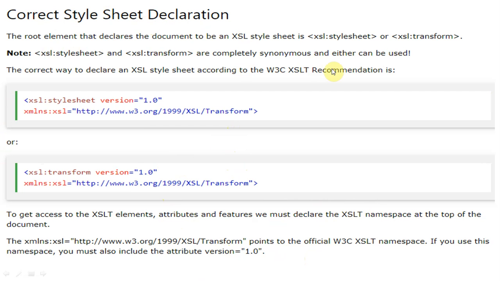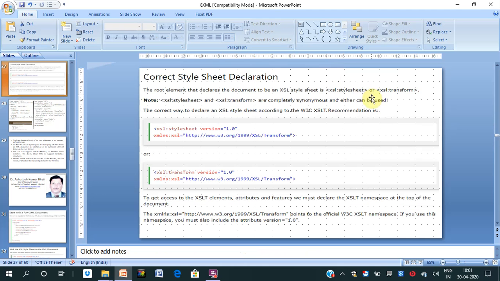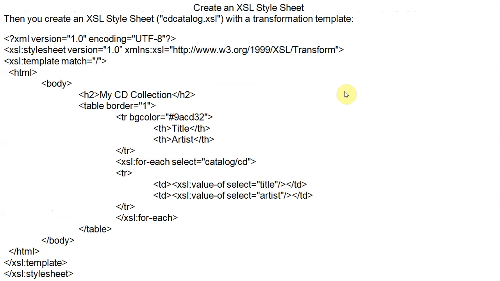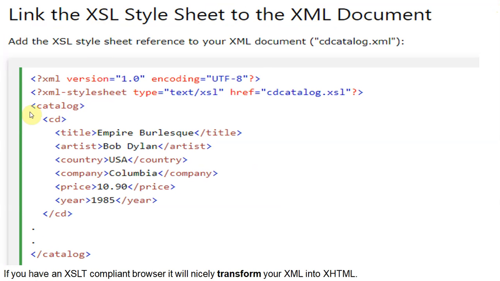So this is the correct style of writing an XML program. And now see again, I am coming to the same program. You can see here, in this program we have the xsl:stylesheet version 1.0 with xmlns, and then we'll write xsl:template match="/". So this template will match. Here the template will not match, here also not, here also not. Here, in this position, it will match, right?